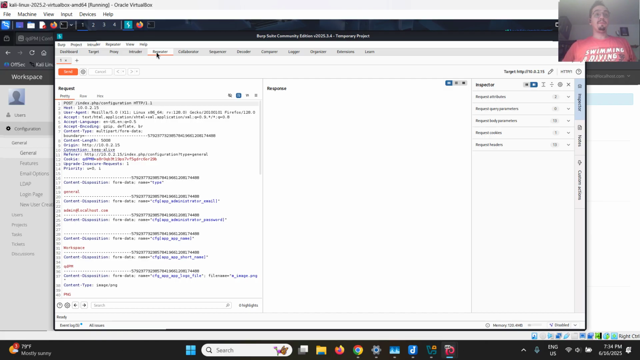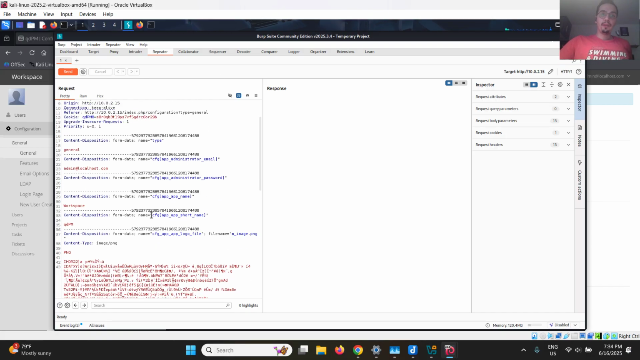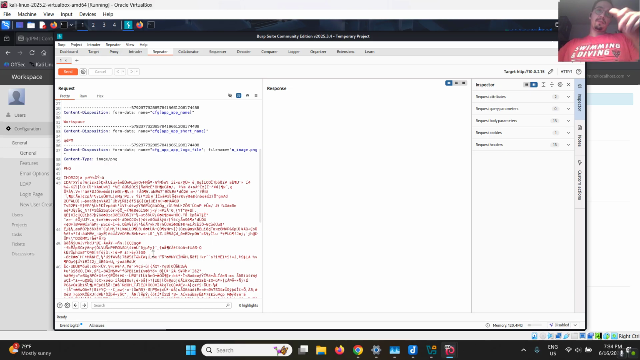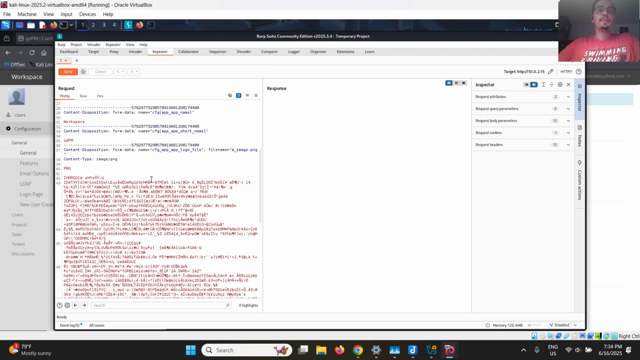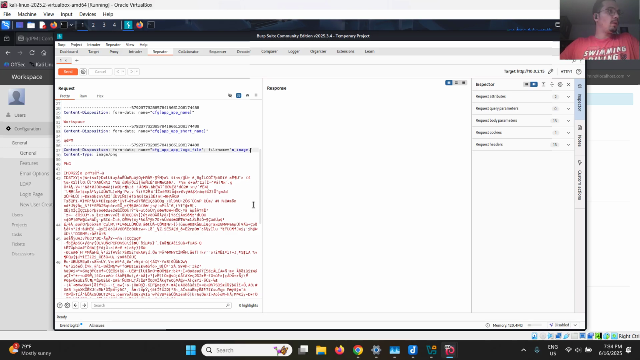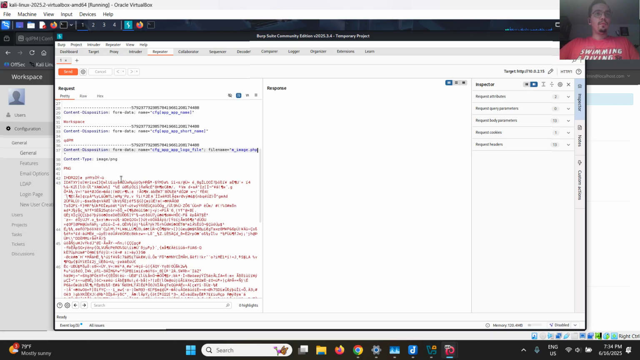All right. So what we are going to do, we are going to inject some code in this image here, and we're gonna change the file extension, so when it reaches the server, it executes the PHP. Because if it's just a PNG, it won't execute it automatically. We are in repeater. We're gonna change this here to .php, and then